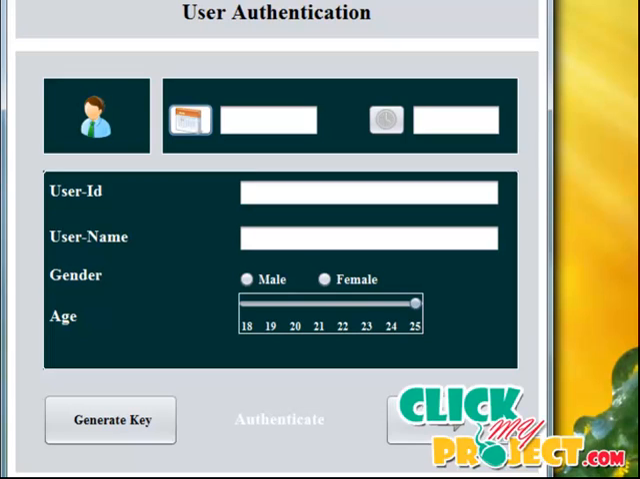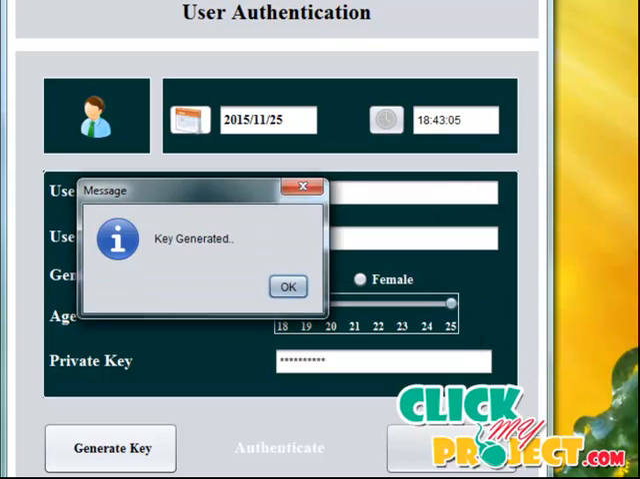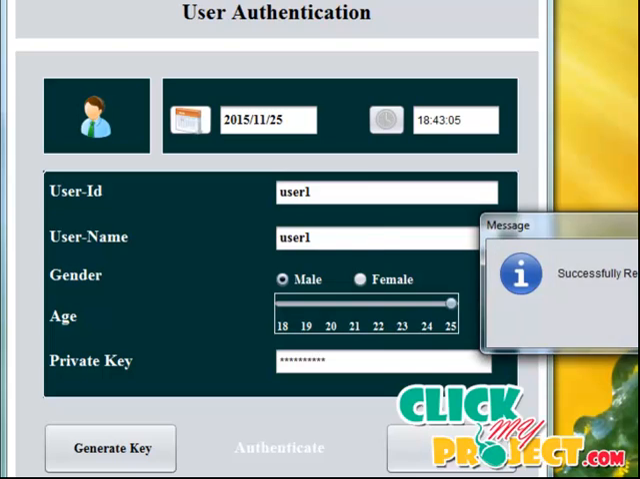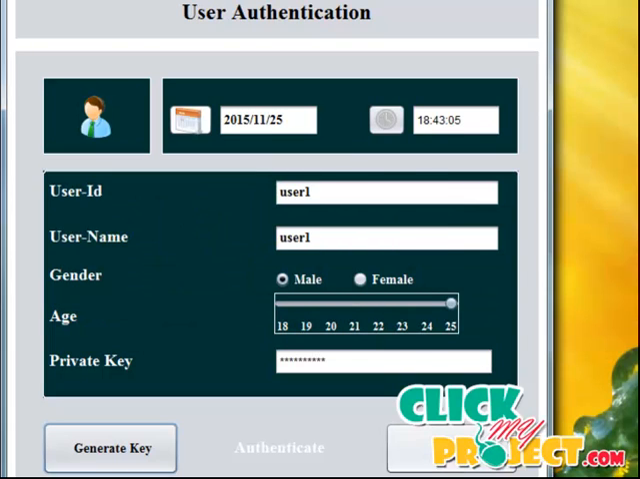This one is a user authentication frame, in which by clicking this you will get the current date and time. Here we need to give the user ID and user password. Here the key should be generated first, so we need to click the generate key button to generate a random key, and then by clicking authenticate,